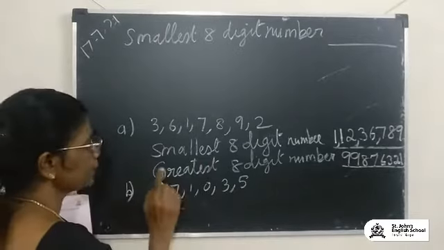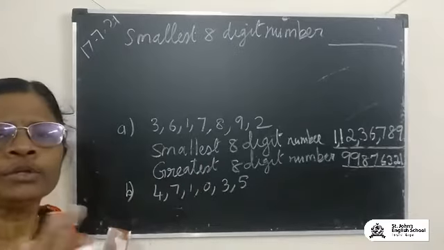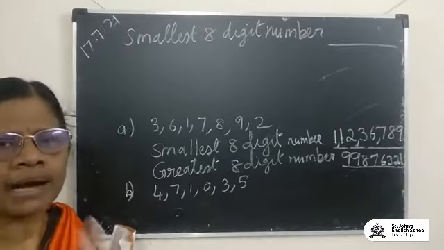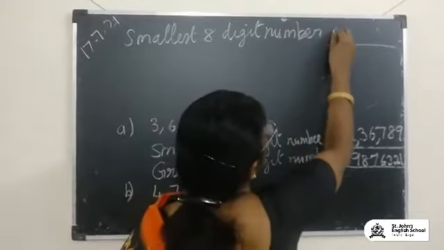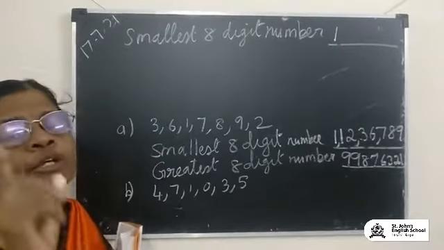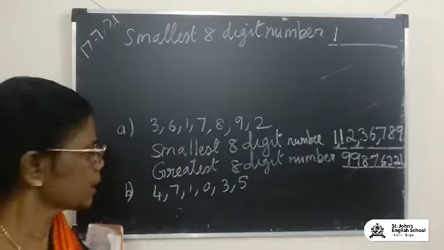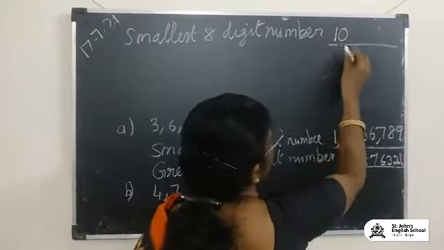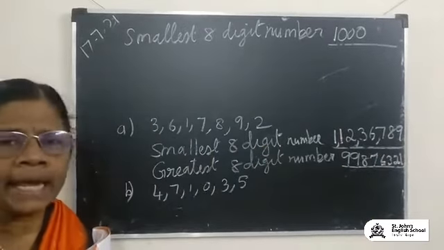Okay, first of all, when you see, children, I told you 0 will be the smallest number. But I told you in the last sum itself, no number will start with 0. So you start the number with the next smallest number, which is going to be 1. But you should not repeat 1 again and again. You should repeat only the smallest number 0 two more times. So this was going to be 1. Write the 0 once because it's here. But write it 2 more times. So the 6 digits will become 8 digits.